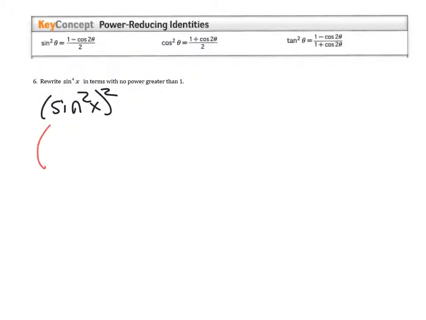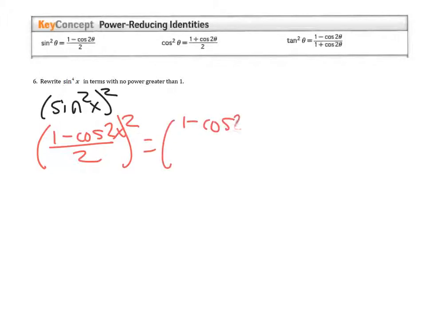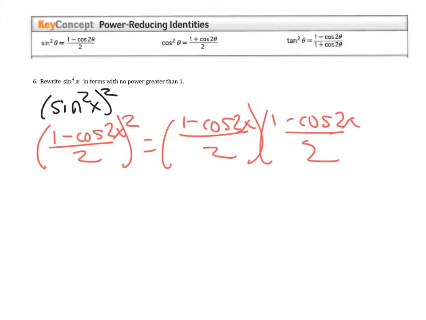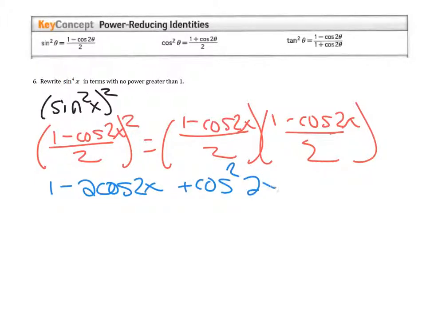So sine squared x is 1 minus cosine 2x over 2, squared, which means you have to multiply it out. And we're going to have to FOIL it out. So that gives us 1 minus 2 cosine 2x plus cosine squared 2x